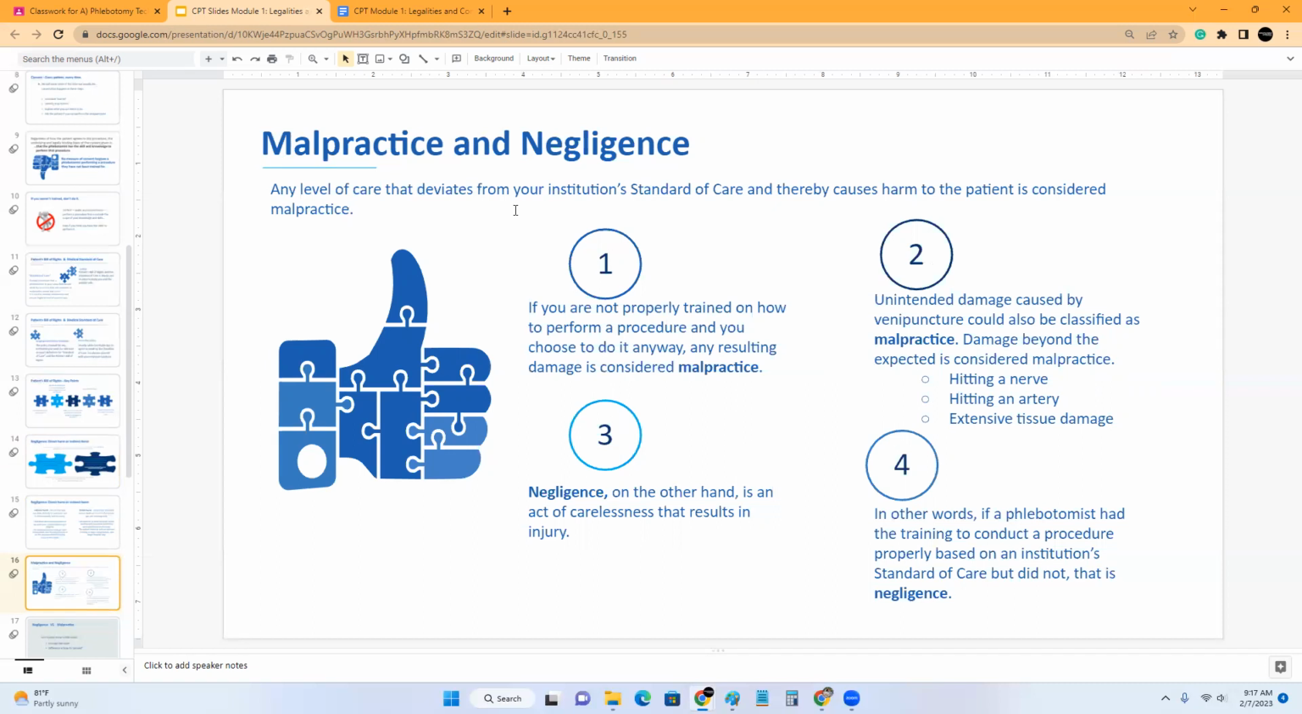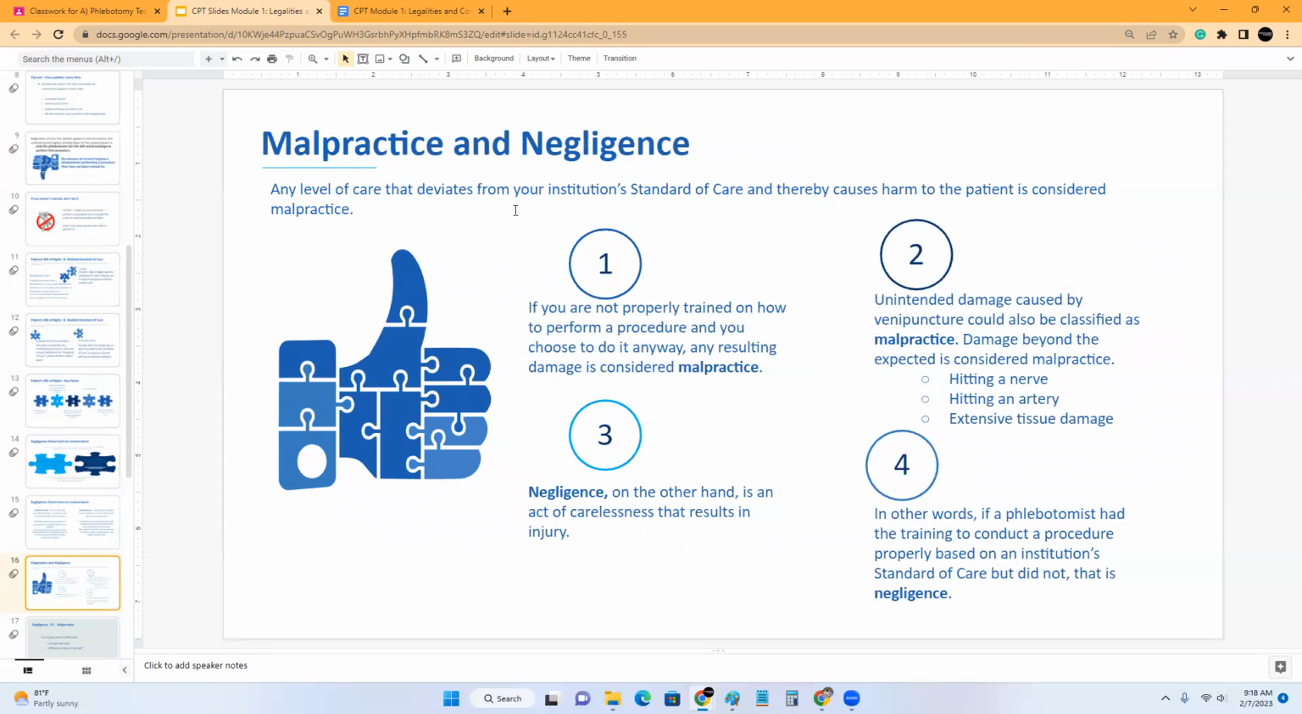Unintended damage caused by venipuncture could also be classified as malpractice. Damage beyond the expected is considered malpractice. Hitting a nerve, hitting an artery, extensive tissue damage. Okay. Negligence, on the other hand, is an act of carelessness that results in injury that can be deemed by